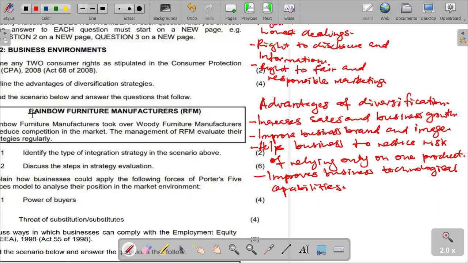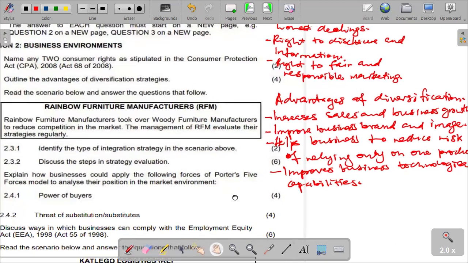There are quite a lot which we can also give. It allows business to remain relevant in terms of business operation. A business can remain relevant because of diversifying. When certain areas are no longer functional or operational, business can diversify. It also improves the operational and dynamic business environment. It can help the business to retain their competitive edge by meeting the needs of new customers. The competitive edge of a business is maintained in that regard as well. So we are saying the advantages of diversification are those, as we have given there.